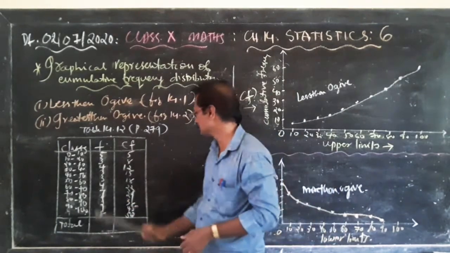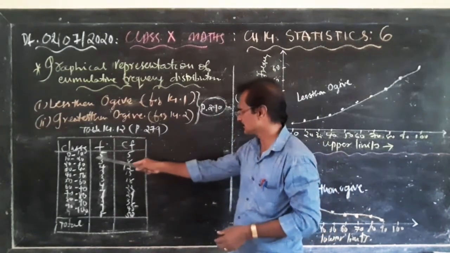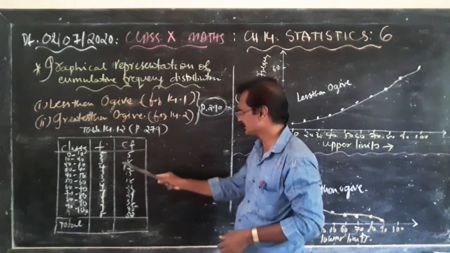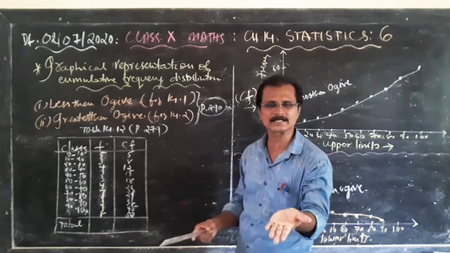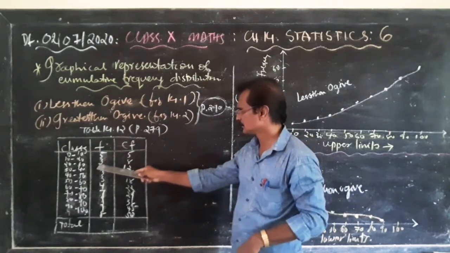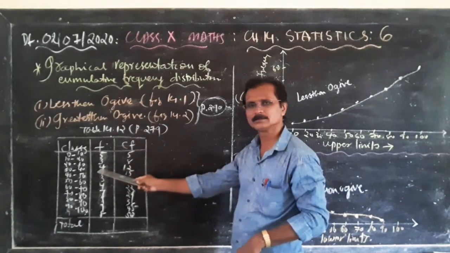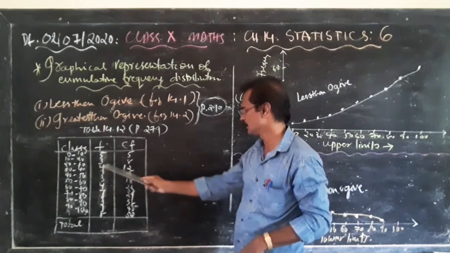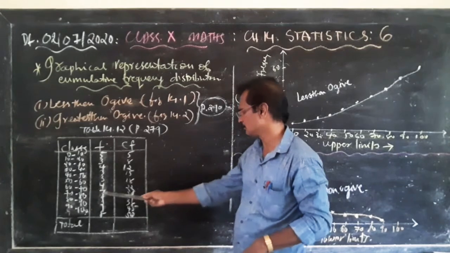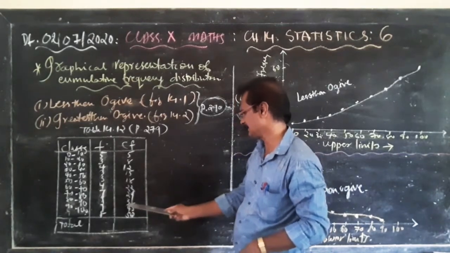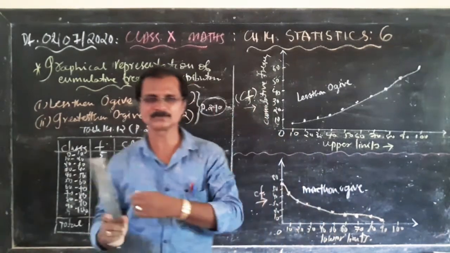So this is the frequency. Now the cumulative frequency. As usual, how to calculate the cumulative frequency? The first one is the same, 5, then 5 plus 3, 8, 8 plus 4, 12, 12 plus 3, 15. 15 plus 3, 18. 18 plus 4, 22. Plus 7, 29. Plus 9, 38. Plus 7, 45. And the total is 53. So the total cumulative frequency is 53.